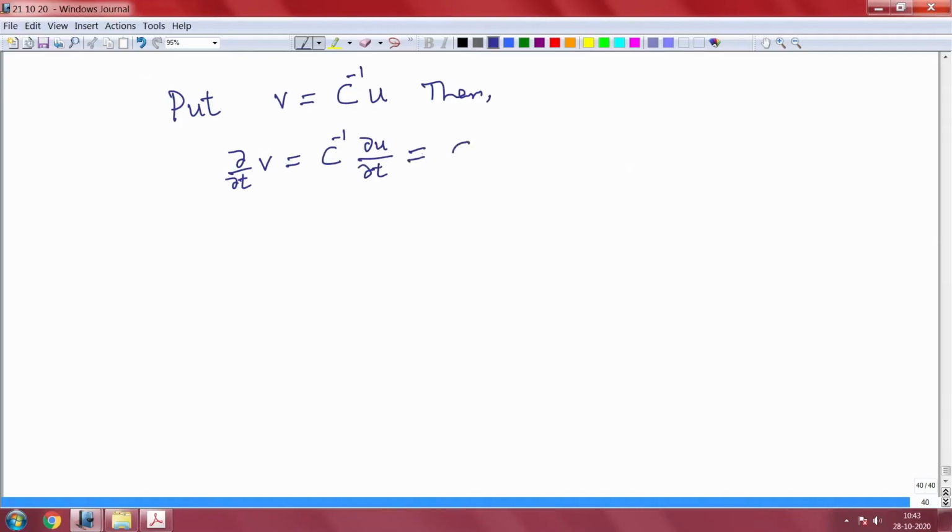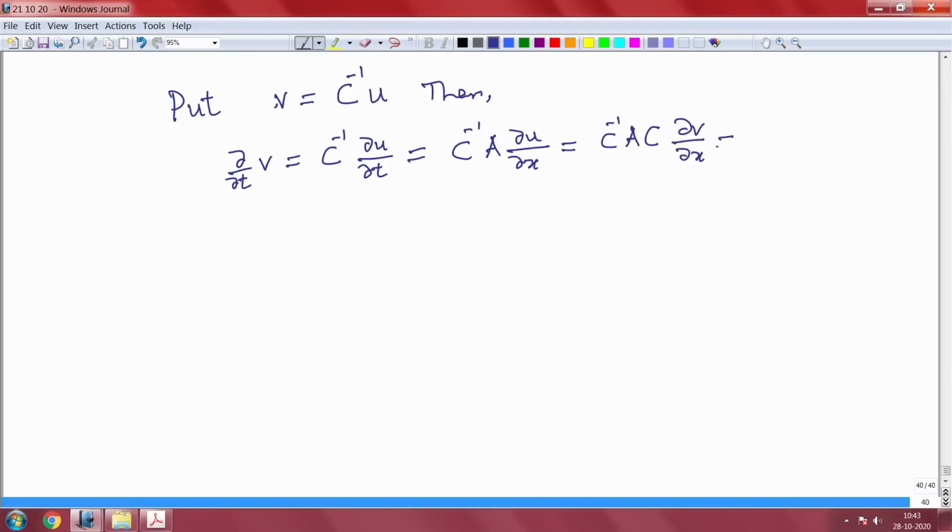So, this is C inverse A du by dx, and again you write in terms of V. So, C inverse A C. So, U is C V. Okay. So, I write it here dV by dx,